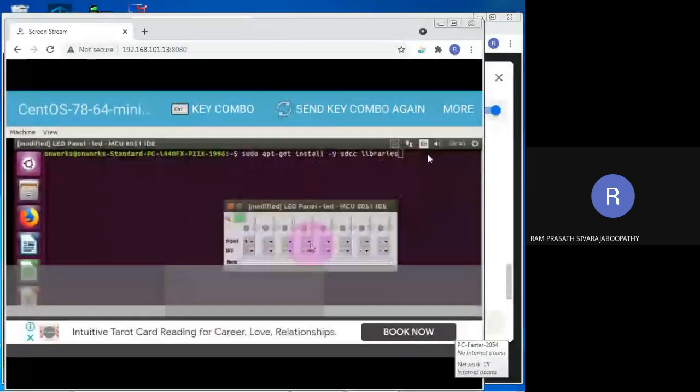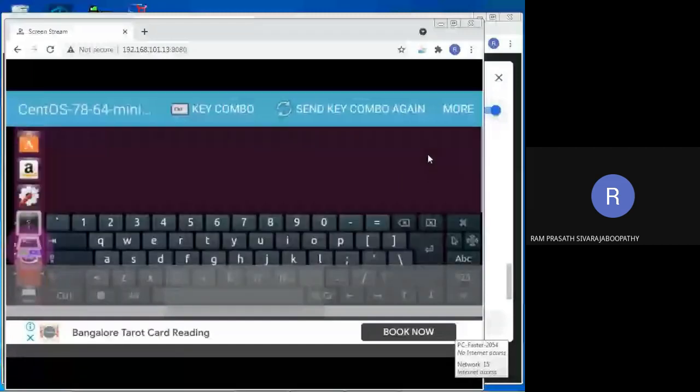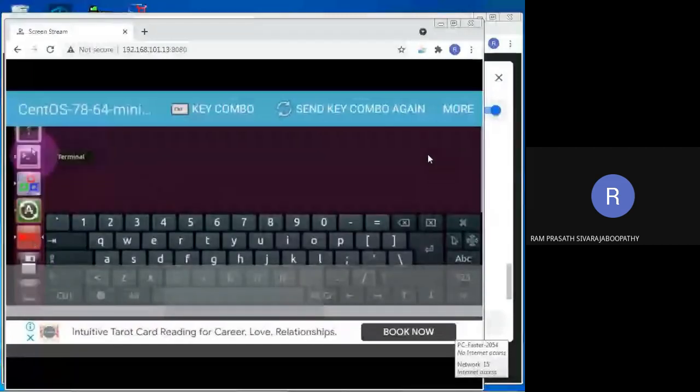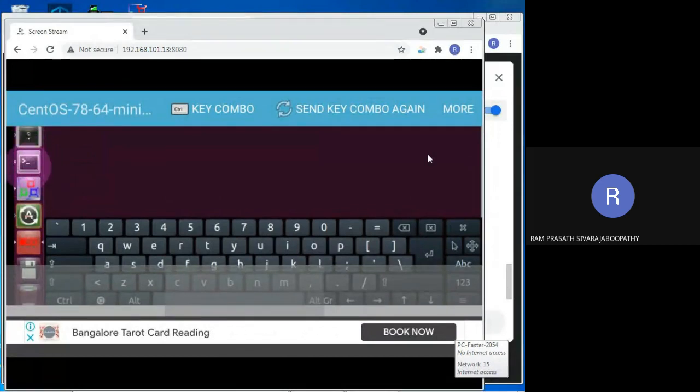Wait a minute, I will minimize it. We want the other window. Yes, in this terminal we have two windows.